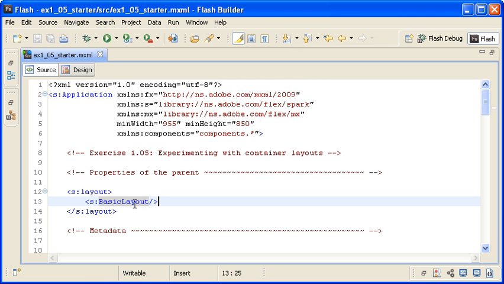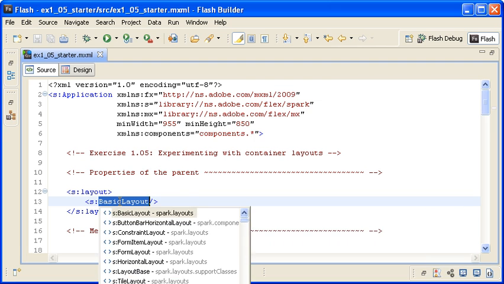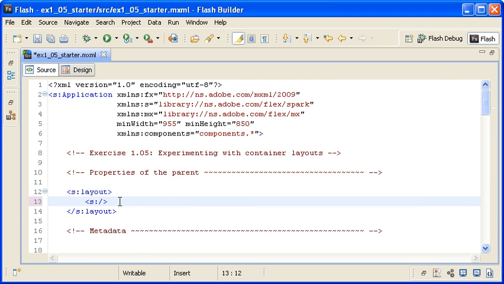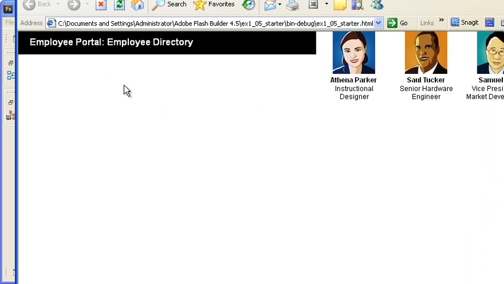Back in Flash Builder, I am changing the layout class to horizontal layout. When I save the file and run the application, you can see that the X and Y properties that are set on each child component are ignored and that all content is laid out horizontally. This includes the Employee Portal Employee Directory title since it is just another child of the application container, like the Employee Display custom component instances. Note that the height of a row is the height of the tallest child and that each child calculates its